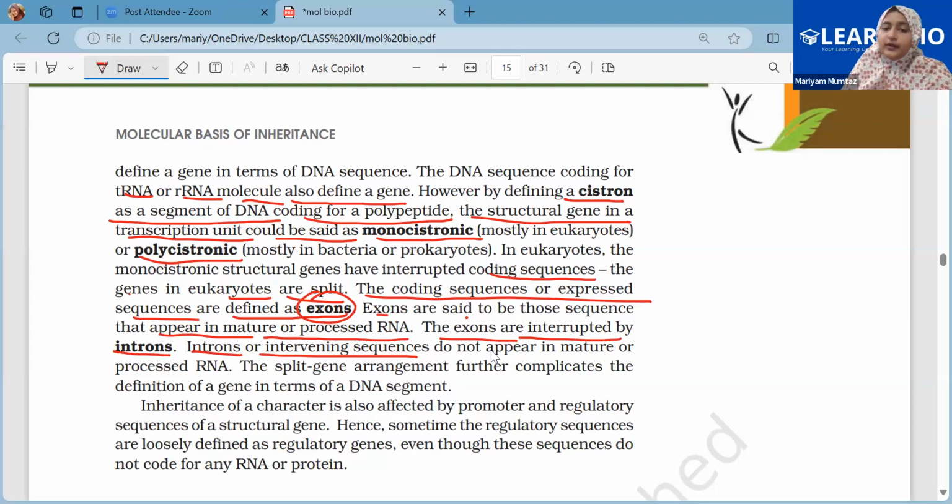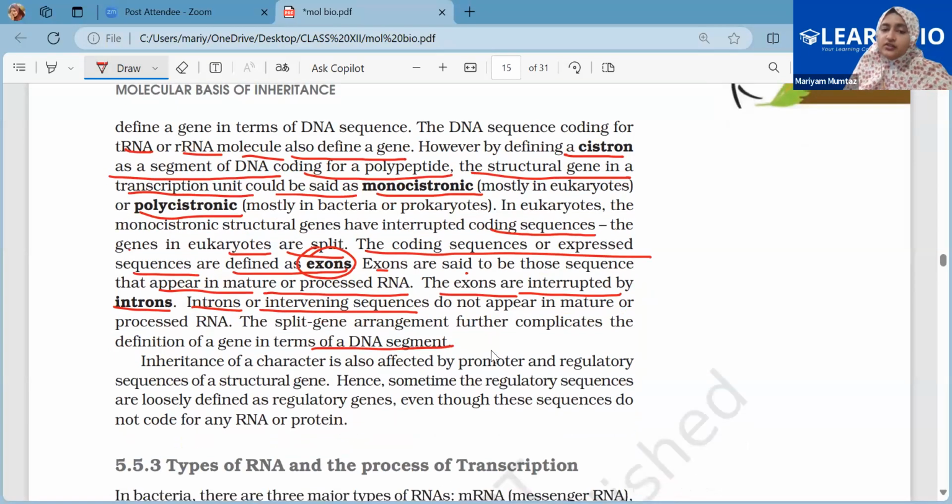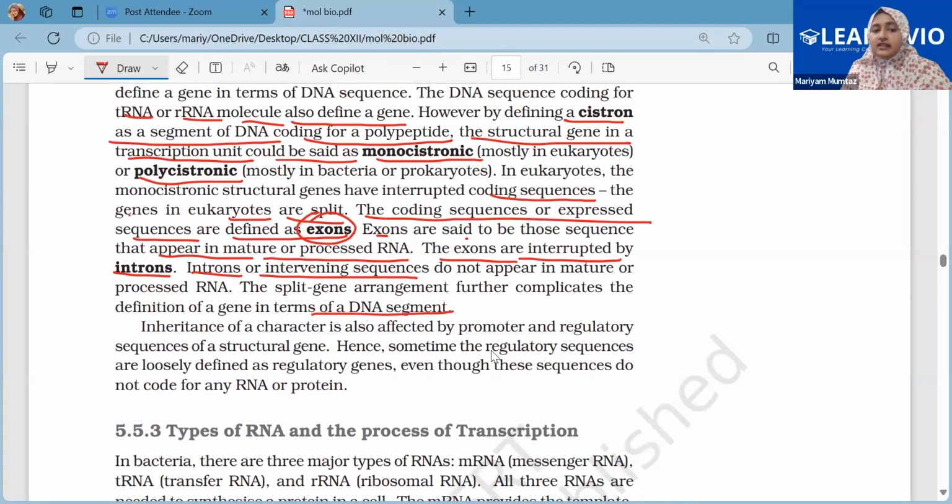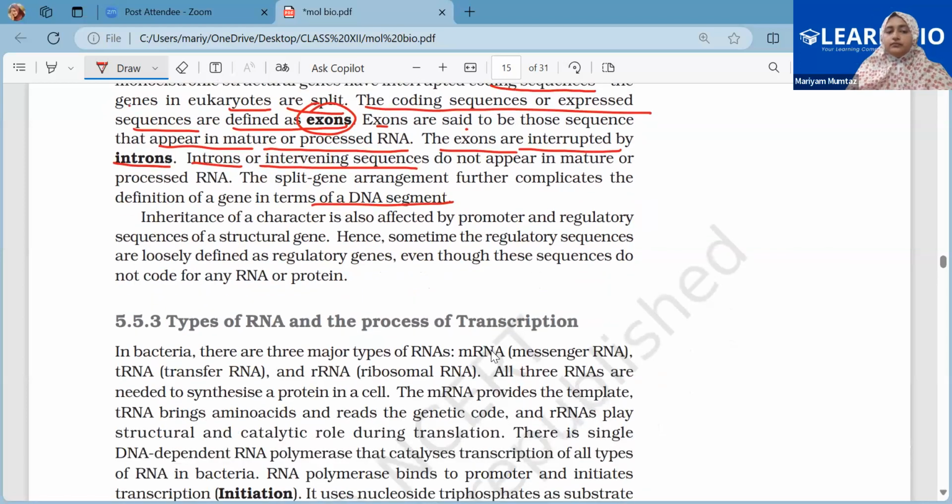The split gene arrangement further complicates the definition of gene in terms of a DNA segment. But just remember that the DNA contains segments that are known as cistron, and it is monocistronic in the case of eukaryotes and polycistronic in the case of prokaryotes. Now, inheritance of a character is also affected by promoter and regulatory sequences of a structural gene. Hence, sometimes the regulatory sequences are loosely defined as regulatory genes, even though these sequences do not code for any